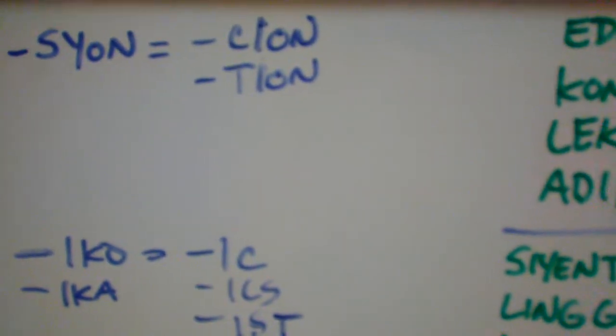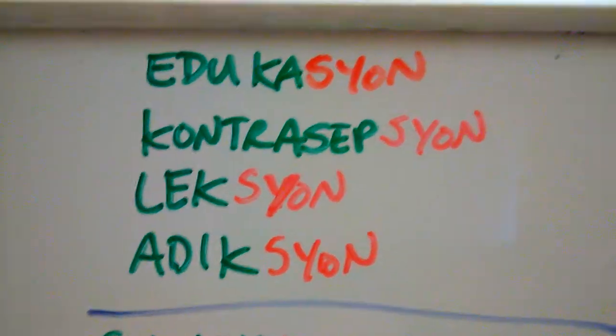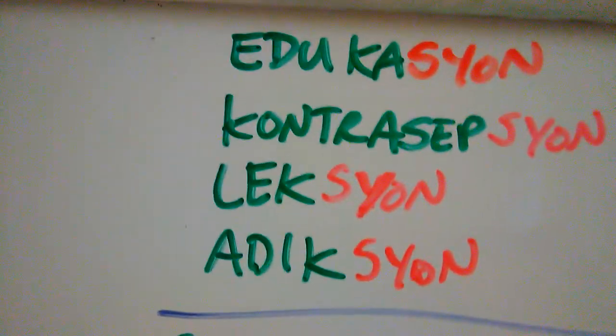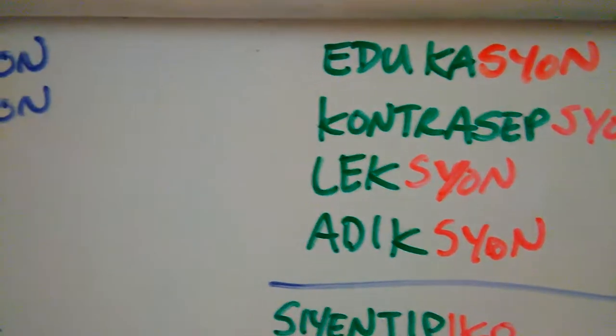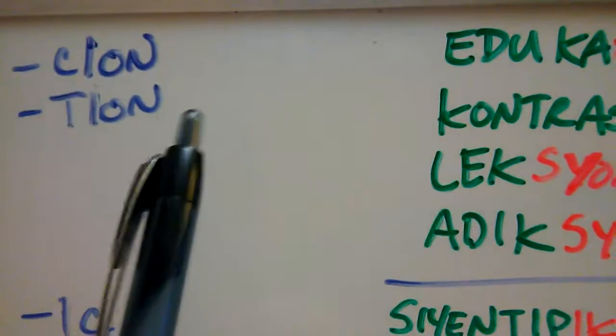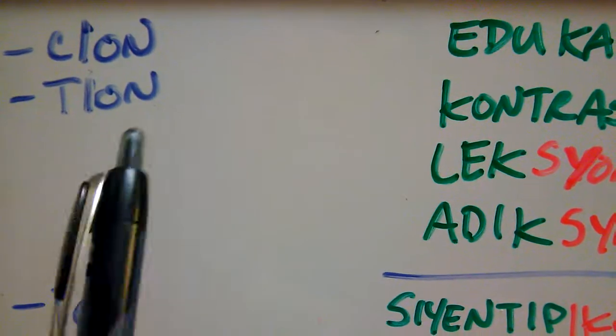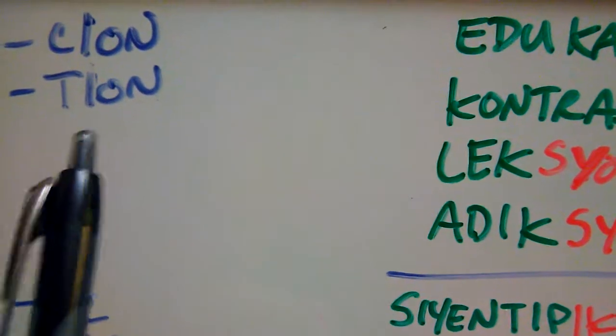Let's learn some more endings. All right, so this first one is -sion. Well, let's just go here. So -sion is our first one, and it means like the -tion, right? It's similar to how in English we say -shun, all that "shun" sound, sh.